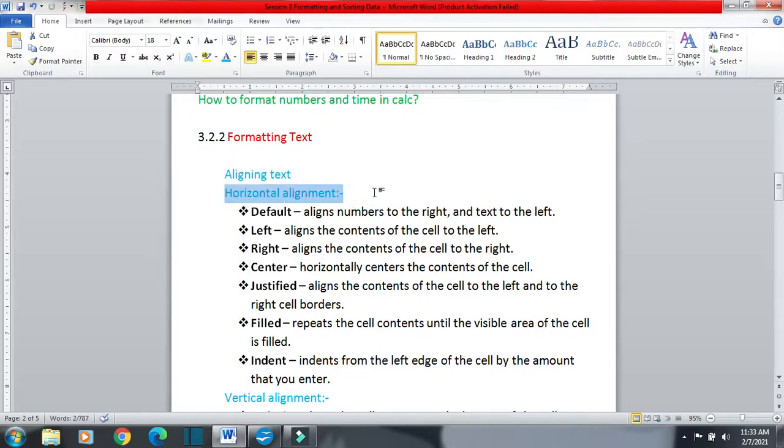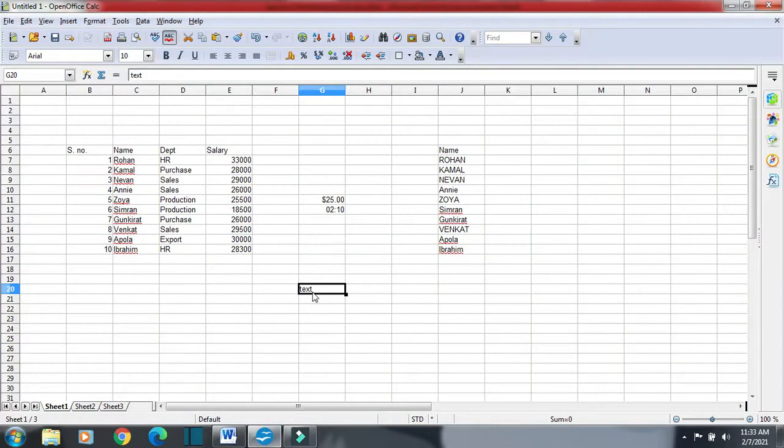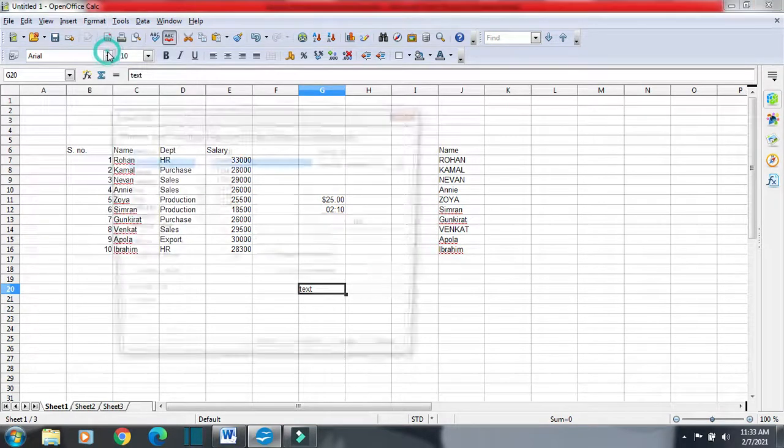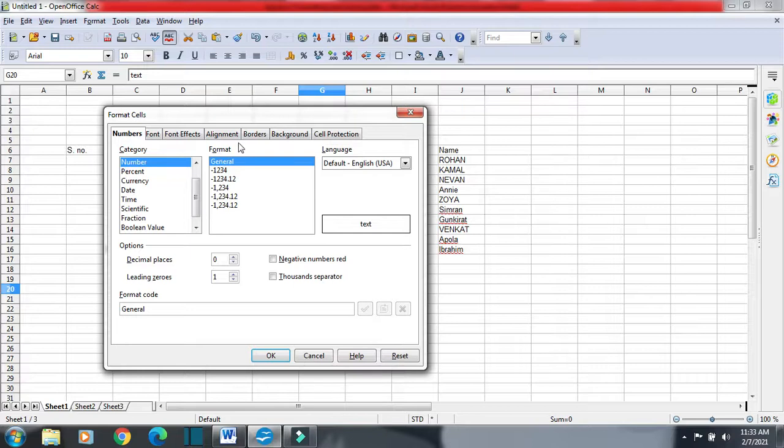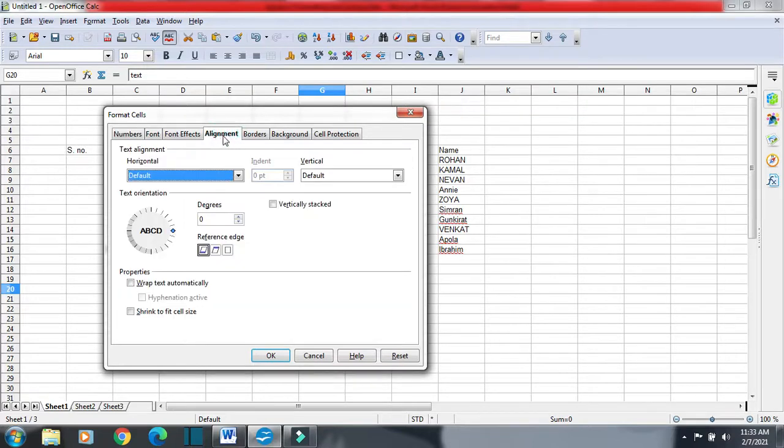So we have this text and then I will click on Format, then Cells and then Alignment. In Text alignment we have these options: default, left, center, right, justified and filled. Indent is not available right now. Indent will become available when I click on left. You can see indent is now available.